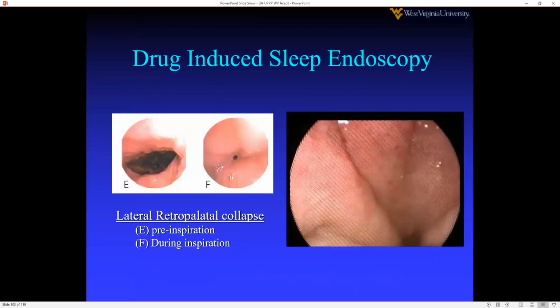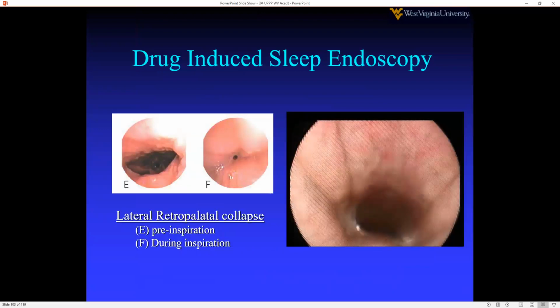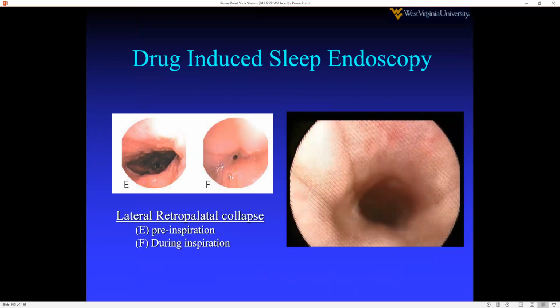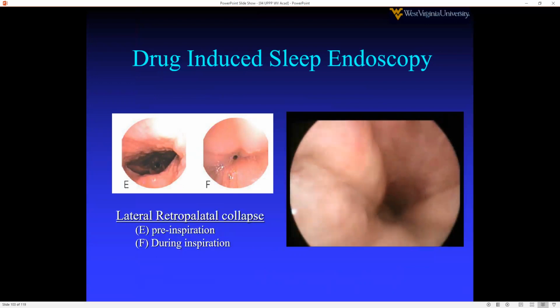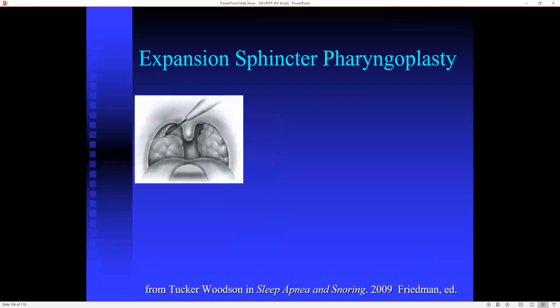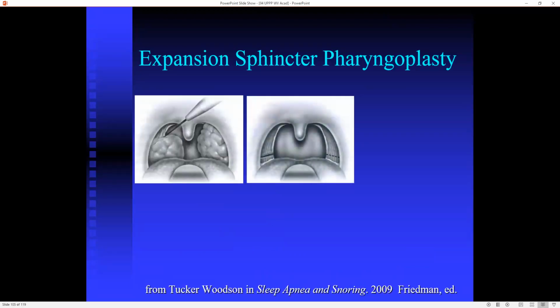So this is a funnel-shaped obstruction here, and we will see a lateral shaped collapse on the drug-induced sleep endoscopy here in a moment. So in the lateral expansion pharyngoplasty, take out the tonsils, then you identify the ribbon of muscle called, well, shoot, I'm blocking at it right now. It'll come in a moment, but it's sitting on the superior constrictor, and it's the palatopharyngeus,